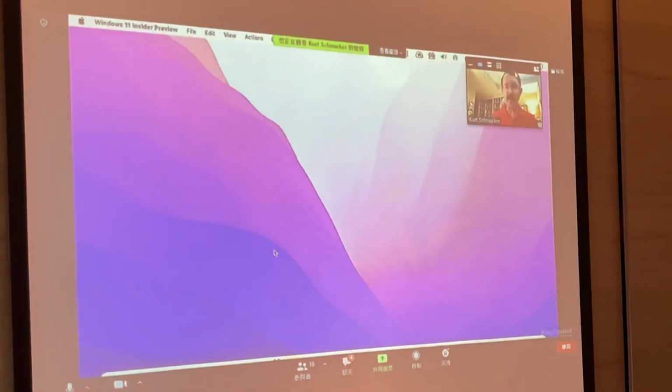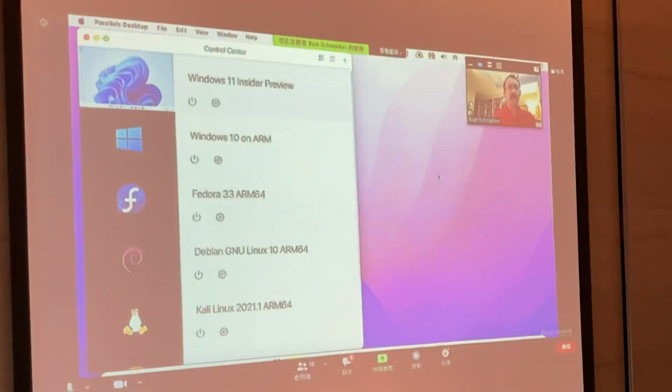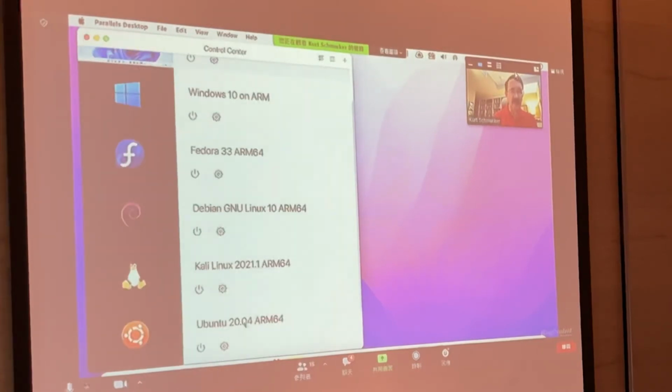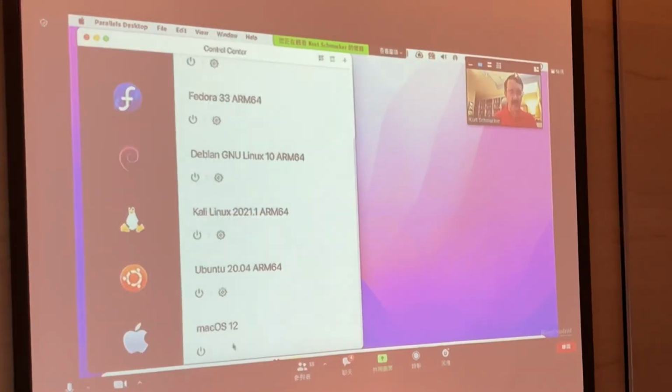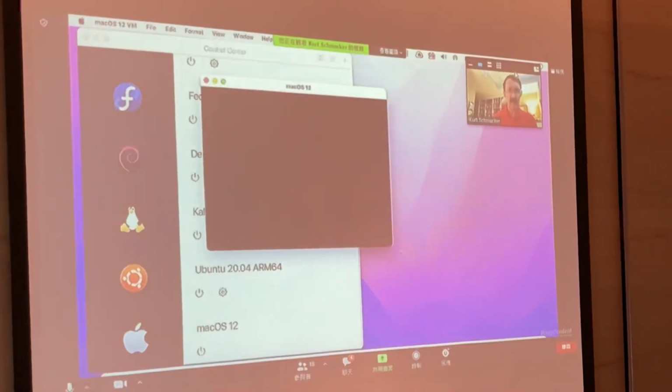So next I want to show you a macOS virtual machine running on the M1. 好，接下来我们来看一下在 M1 上面呢来跑一个 VM。Here I have loaded all the supported virtual machines in Parallels Desktop 17 for the M1. And that includes Windows 10 and Windows 11, a bunch of Linux distributions, and macOS Monterey. 好，这边我把所有这个 PD17的支援的 VM 呢，全部都载入进来了，里面就包含了 Windows 10、Windows 11、Linux 的几个不一样的版本，以及 macOS 的 Monterey。